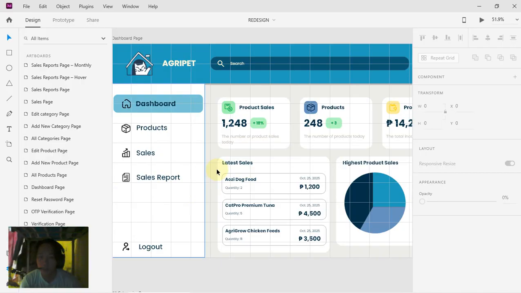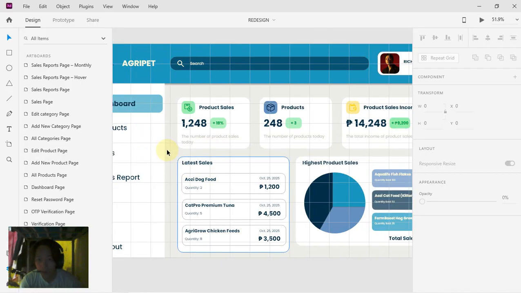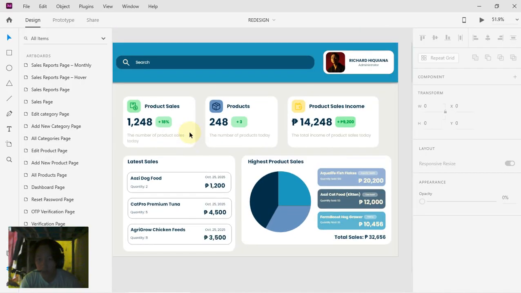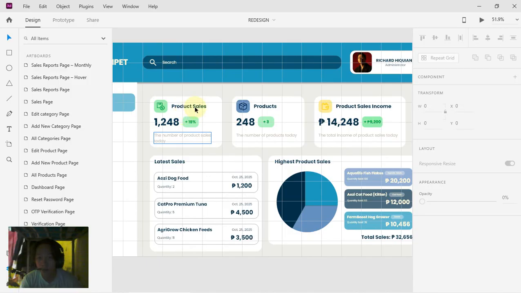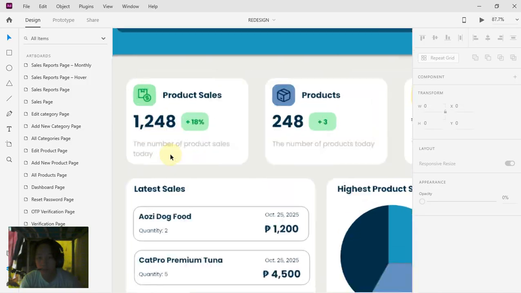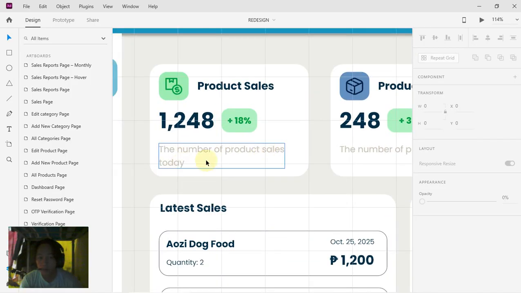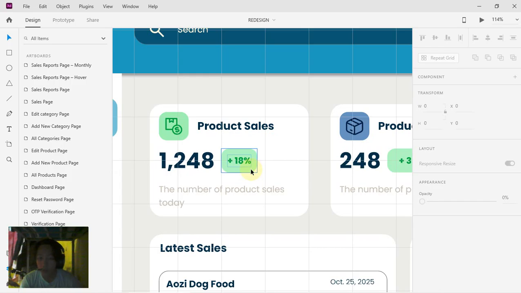So here I also redesigned the cards here: product sales, products, and product sales income. You can also see the number of product sales today. It has the progression number here. So if the product sales is the current, then the product sales today